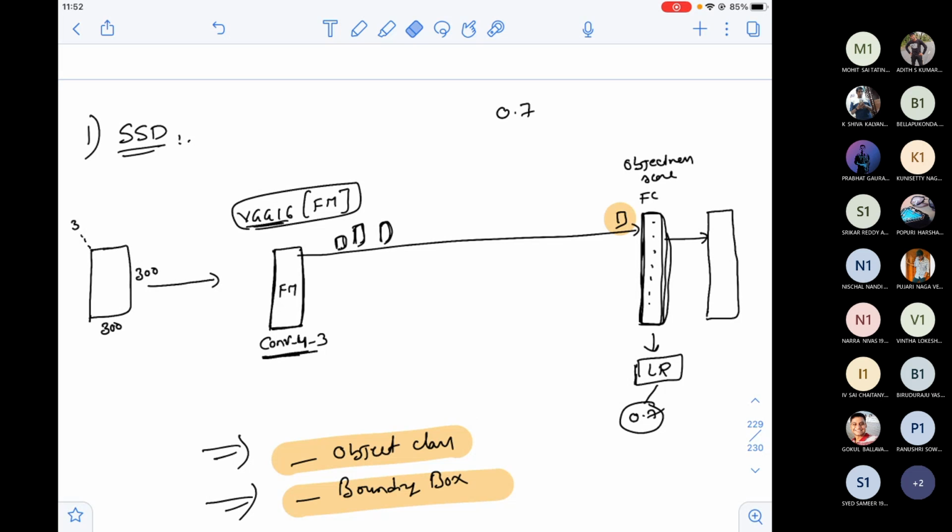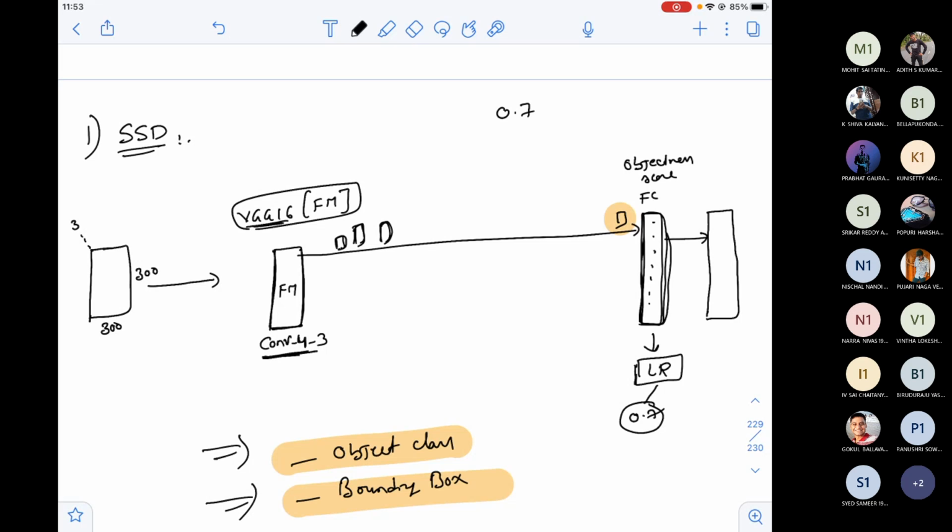But while I'm thinking about just directly going for object class and bounding box, I'm finding that there are a lot of problems. The first problem is, can anybody tell? Why have I taken only the intermediate output, and why have I not completed the full VGG?